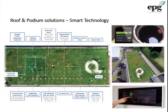So I'd like to mention the picture on the left-hand side, the large picture. That's Polypipe's roof in Aylesford, and it's a really interesting smart roof. It's got its own weather station, as Nick's described, and it also collects its own data. And I highly recommend checking out their website for a few further details on the system. It's really interesting. But smart technology as a whole allows a cascade system to be used for both passive irrigation